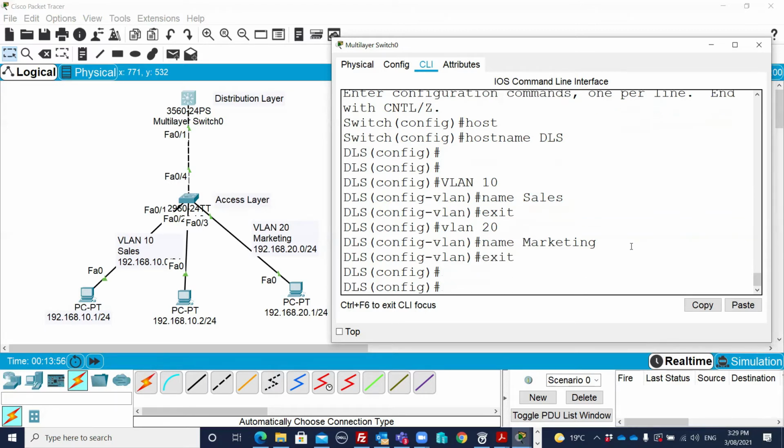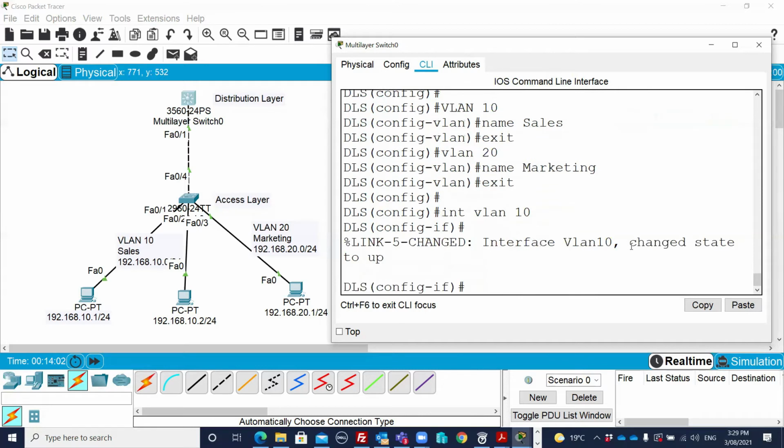So I'll exit from here and say interface VLAN 10. Same as we configured previously, this is the VLAN interface. We can say ip address 192.168.10.10. So 10.10 we're configuring for this VLAN 10